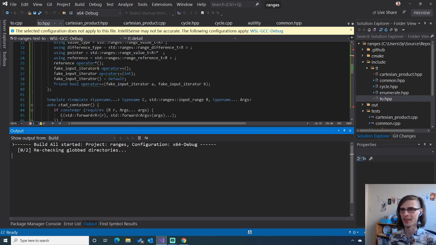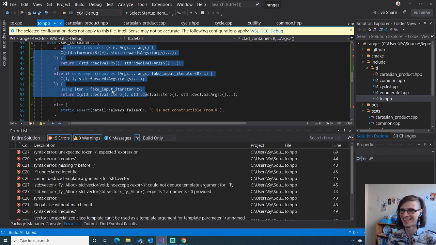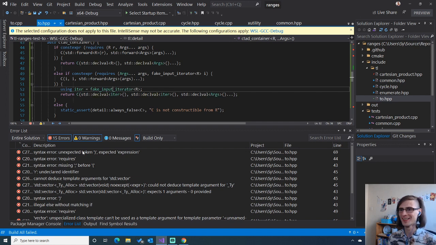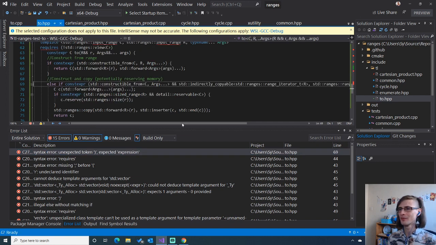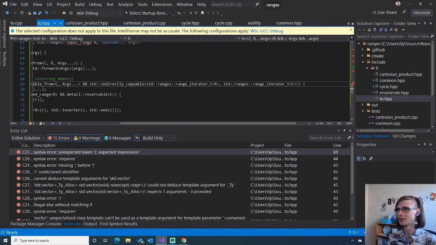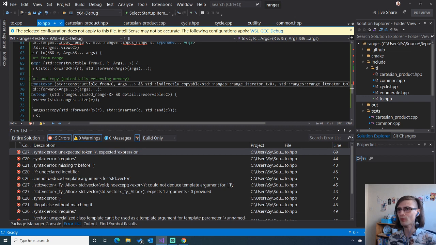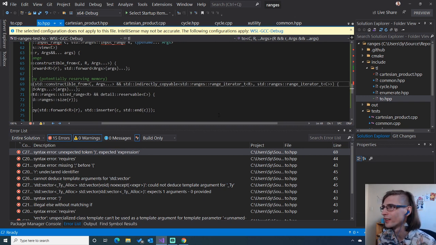Yeah, if constexpr makes things so much cleaner as well. I mean, unless you write code like this. Although it would be worse with this. Okay, so constructible from and indirectly copyable, unexpected token. Indirectly copyable, sorry, is missing close brace where